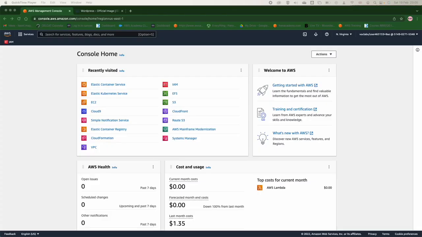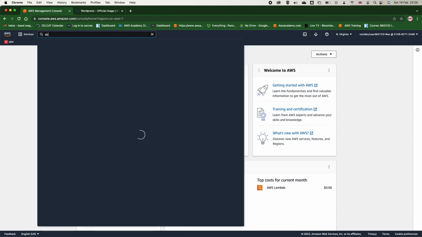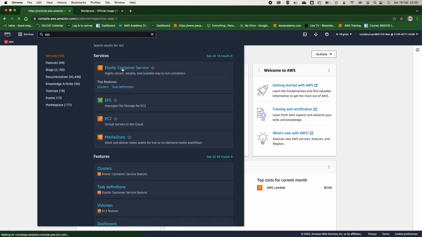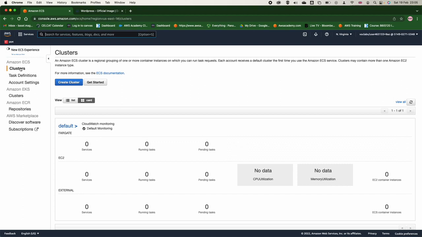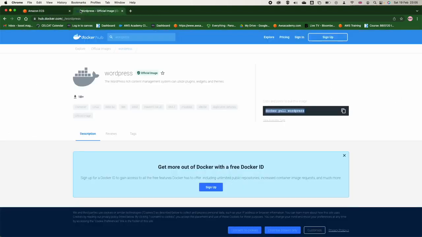So let us look at the Elastic Container Service. When you go to AWS and you look for Elastic Container Service, or you select it from the menu, this will take you to the Elastic Container Service. And we can see here we have Amazon Elastic Container Service, cluster, task definition, and this is where we can create Elastic Kubernetes Service. And this is the Amazon Elastic Container Registry Service, which is very similar to Docker Hub, which is a very popular container registry where you can put your images, and these images will be available